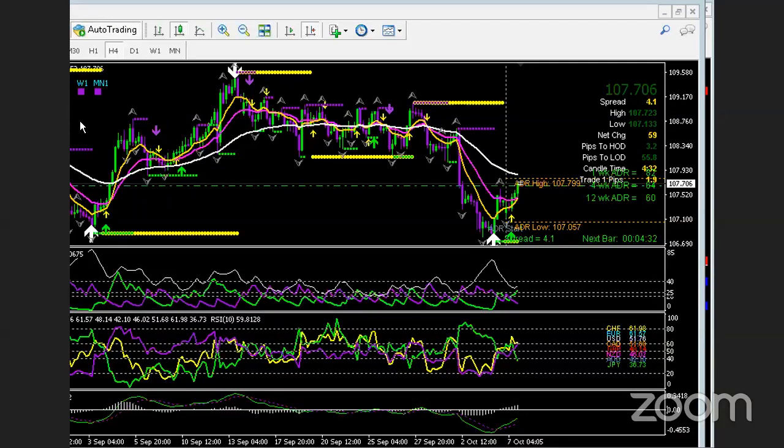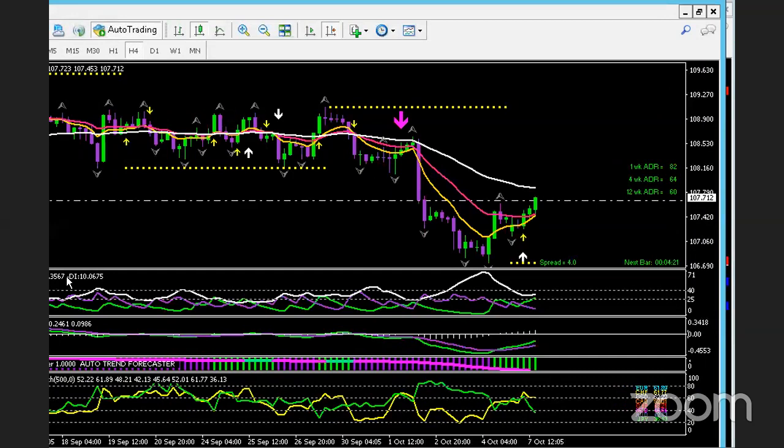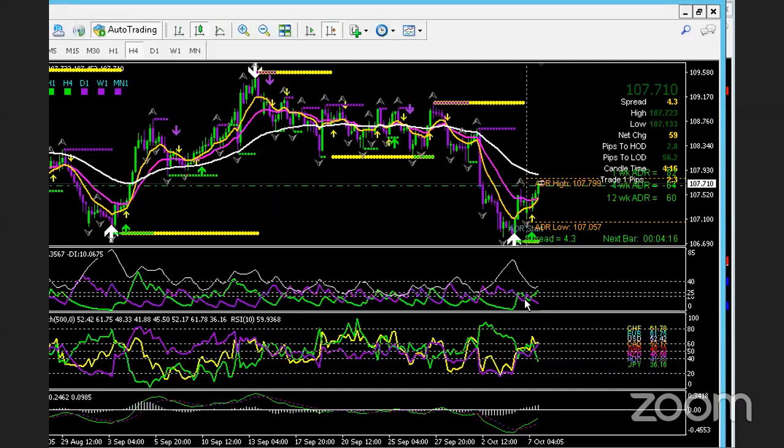So as you guys can see, we're on CHFJPY. Oopsie, that watermark is still not working, so I'm working on that, guys. Sorry about that. But here's what we're looking at. If we go to our triple arrow system, obviously we have triple arrows. We have a crossover on the ADX. Our currency strength indicators are indicating the Japanese yen is really, really weak, and CHF is really strong. So even if these pop up and down a little, this still looks like a safe trade,